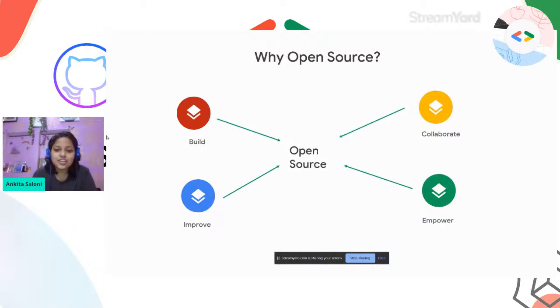In the same way, you can empower lots and lots of people whom you feel might need a mentor or might need some guidance or some resources. Open source is for the people, by the people, and with the efforts of these people. So this is how you can unlock the real potential of open source.